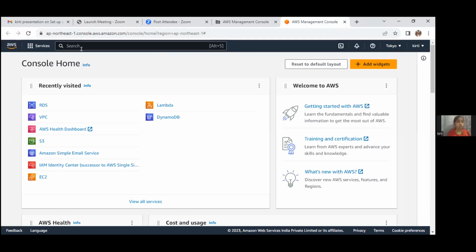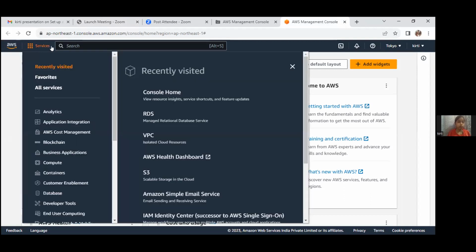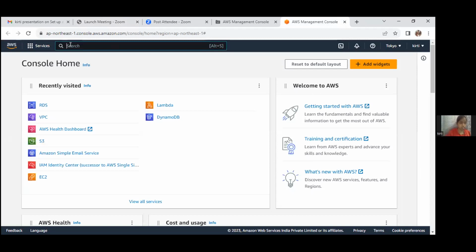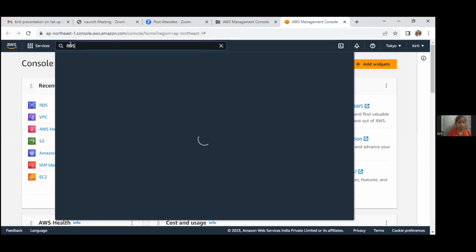So firstly, log in to our AWS management console and go to the services, and you can also search your service in the search bar. So I am writing RDS.